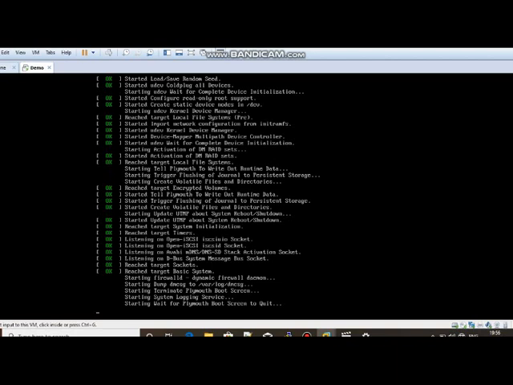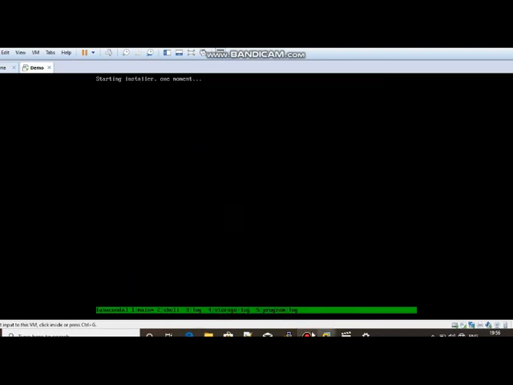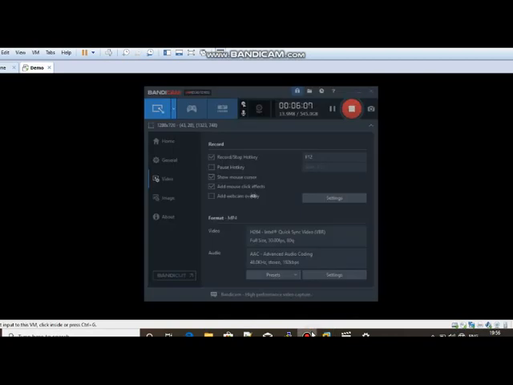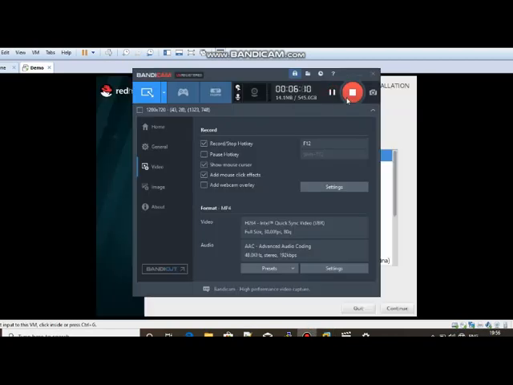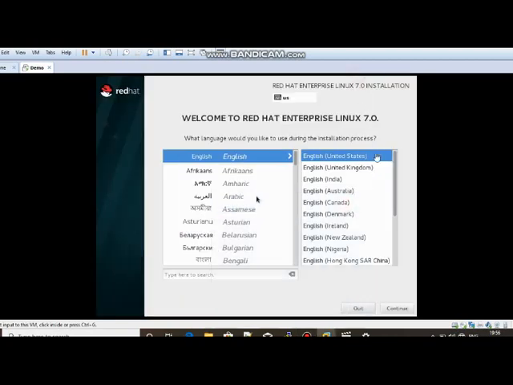It's powering on all services. Now the machine is powered on.